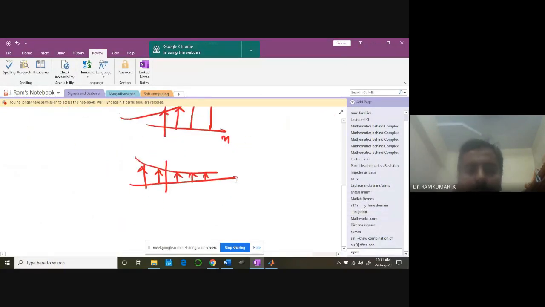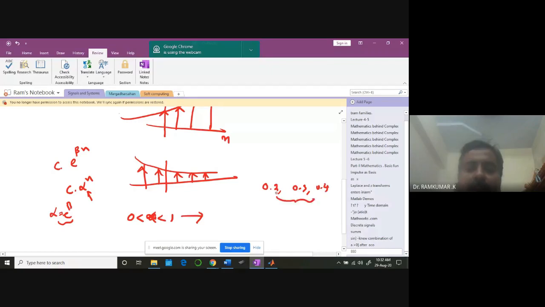Yeah. Can you imagine what will happen? E power beta n, C alpha n, alpha equal to E beta. This alpha is now going to lie between 0 to 1. Okay. So if this is the case, let us imagine we take some value 0.2, 0.3, 0.4 like that. You just take the value, take the square root. Okay, take 0.21 square, cube. If you keep doing that, what will happen?